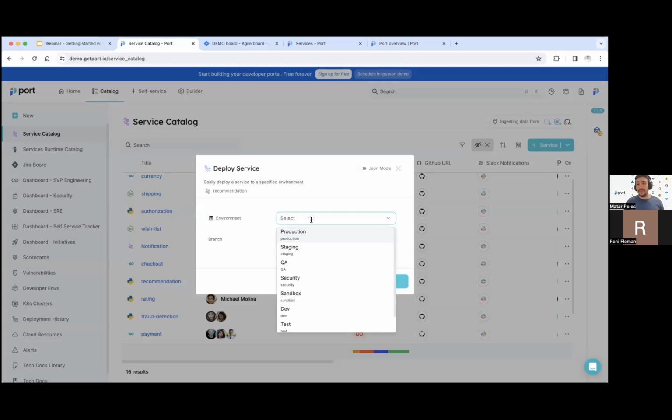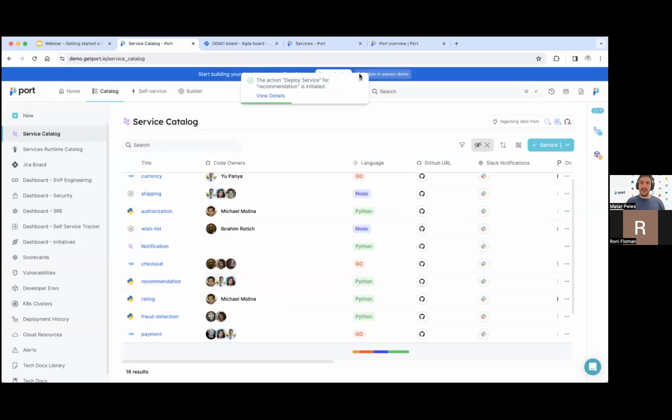In my case, I'm ready. I don't need to deploy it to a different environment. I'm going to do it straight to production. I'm sorry if some sort of a senior engineer is going to be mad about it, but this feature is ready, and I'm going to deploy my service to production. And then my next step is to choose which branch to take it from. So I'm taking it from main since I already merged everything and everything is ready. So I'm ready to deploy my microservice. Once I click on execute,